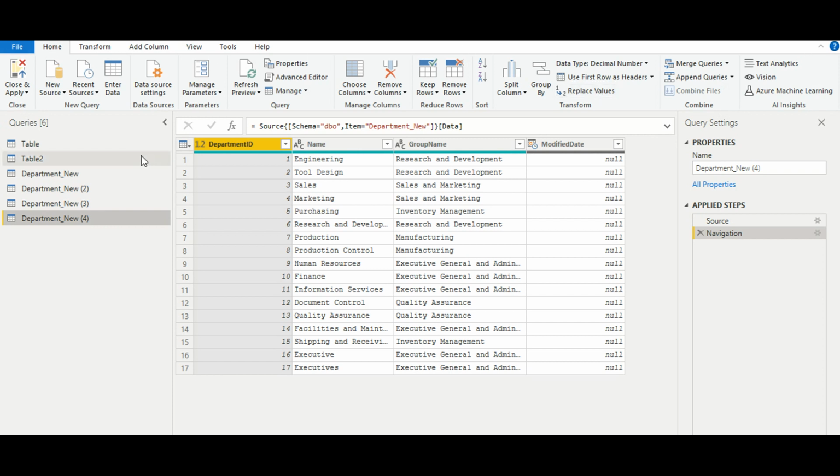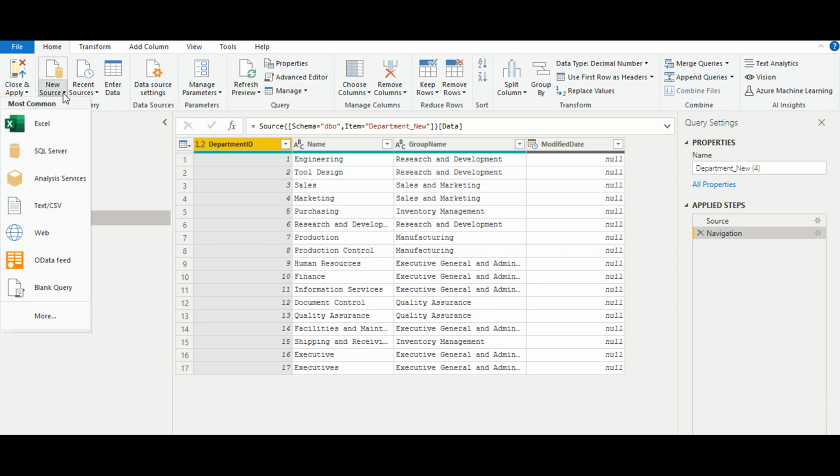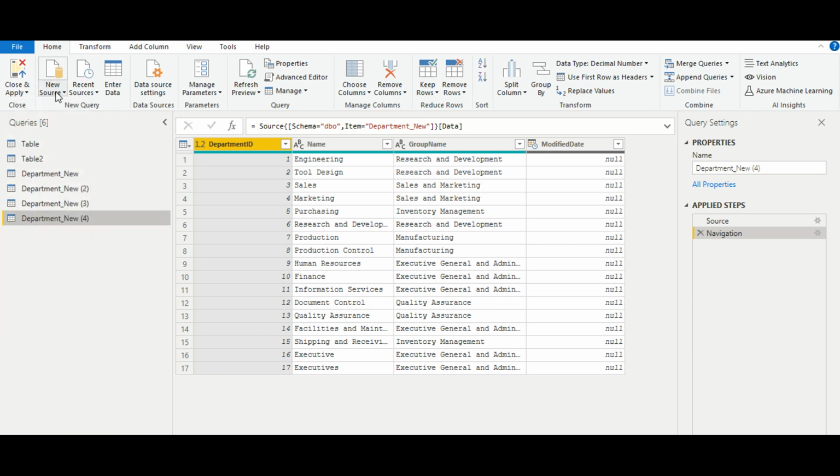To proceed further in this demo, as you can see from the ribbon at the top of the Power Query Editor, it has numerous options to perform with respect to the dataset. One more tip here is that the Power Query Editor is the best option for a non-technical person to create the best possible dataset one can ever have to report on. This Power Query Editor gives you various options starting with creating a new source, and as you can see, all these are the sources available in Power BI.